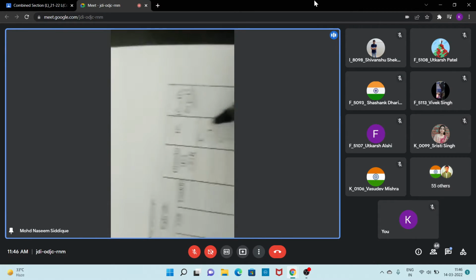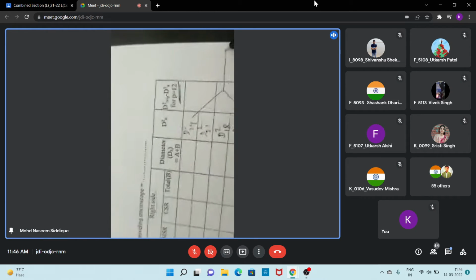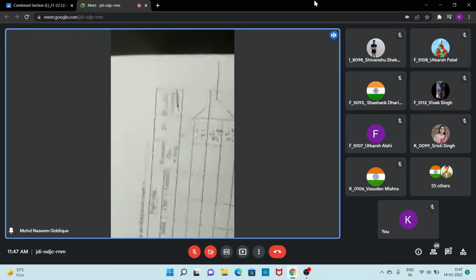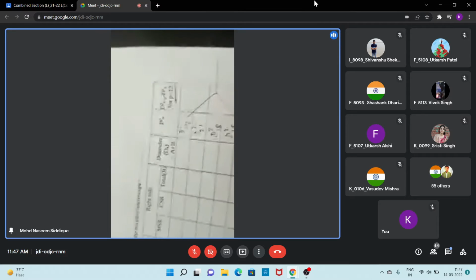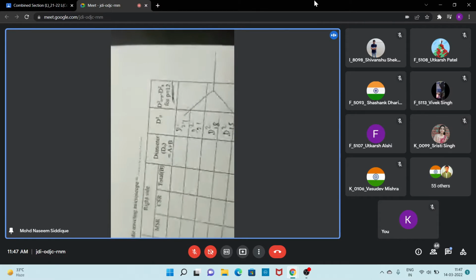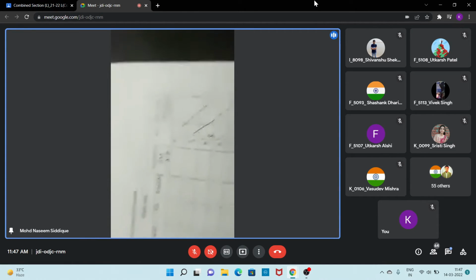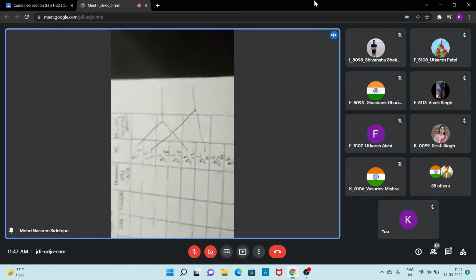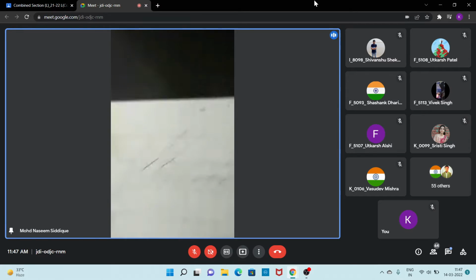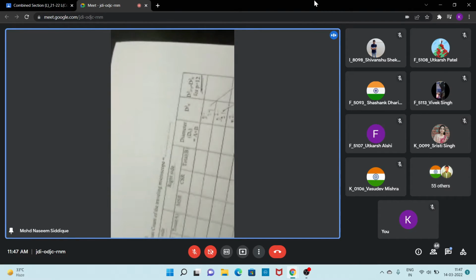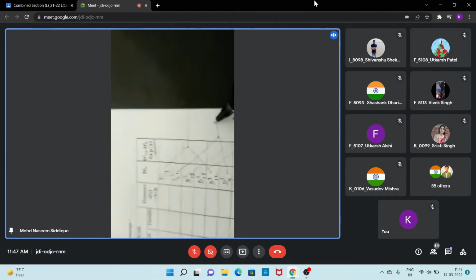So what we will do, D square 24 minus D square 12, we will take one reading. The number of difference of fringes is 12. So this is D square 24 minus D square 12. Okay, again D square 21 minus D square 9, we will take the second reading. Similarly, D square 18 minus D square 6, we will take the third reading. Again, D square 15 minus D square 3. Okay, so we will get these 4 readings.